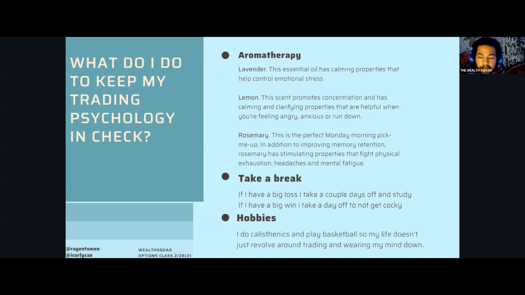If I have a big loss, I take a couple of days off and study, see where I went wrong, if I actually went wrong, or if it was something unexpected that happened with the market. I like to make sure because a lot of times we lose confidence in our strategy, but sometimes it's just little things you need to tweak, and sometimes it's things out of your hands that will affect the market and bring it down and make you end up being wrong in your anticipation.